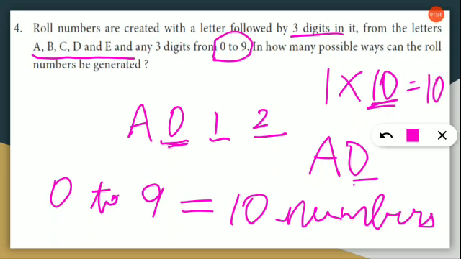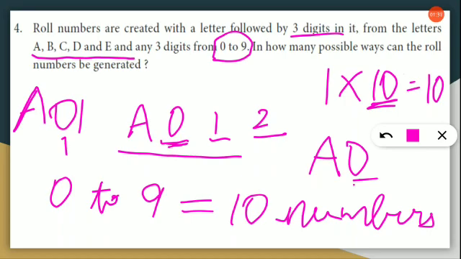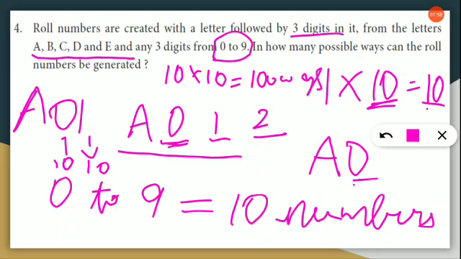Suppose I am going to create a 2 digit number, that is A, 0 and 1. For this 0 I have already 10 possible ways, and for this 1 also I will have another 10 possible ways, right? Since both are dependent on each other, we must multiply. So for a set of 2 digit number, we will multiply and say 10 into 10, there will be 100 ways. Clear? Shall we start solving? Once I solve it clearly, you will understand.